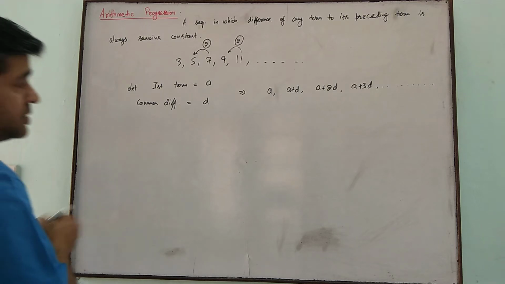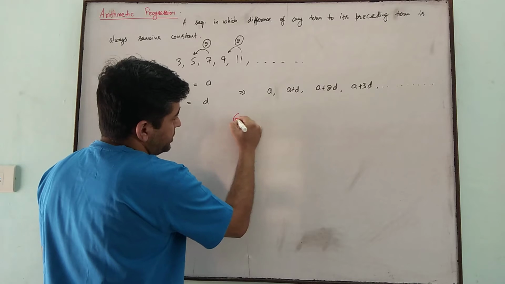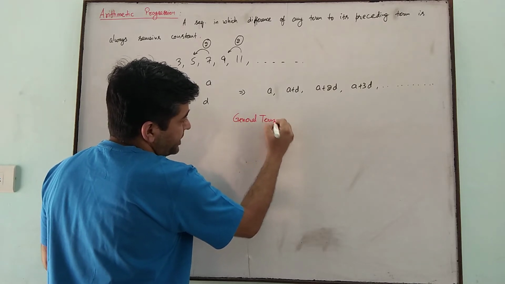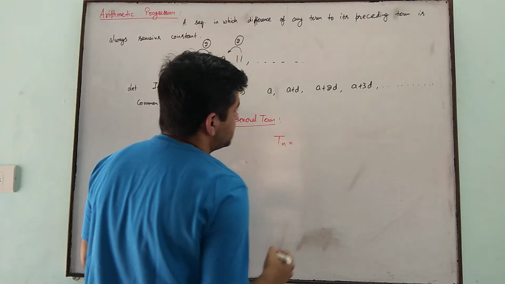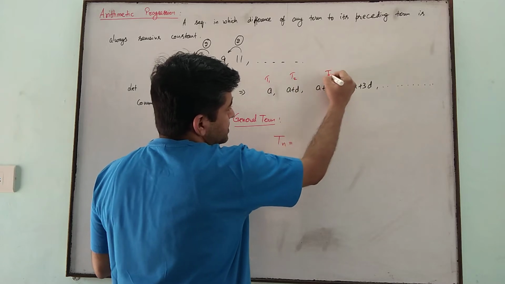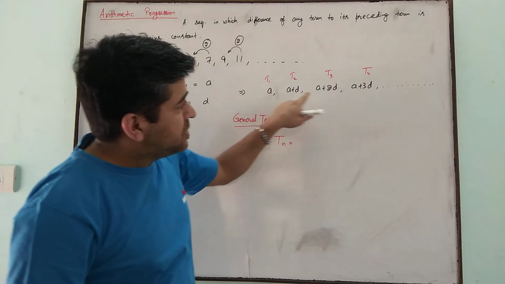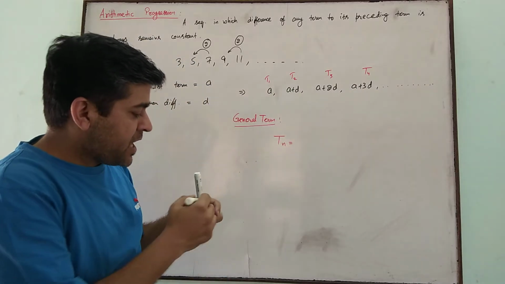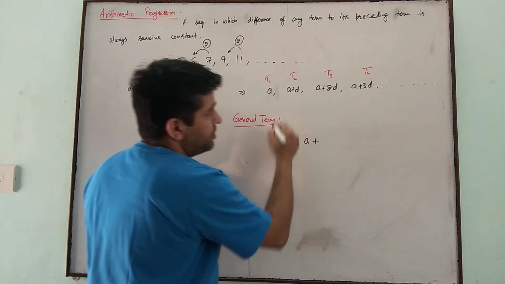Then what could be its nth term, that is, the general term? How to write its general term, that is Tn. See, this is the first term, this is the second term, this is the third term, this is the fourth term. If you observe each and every term, A will be there in all. So A will be in the nth term, plus